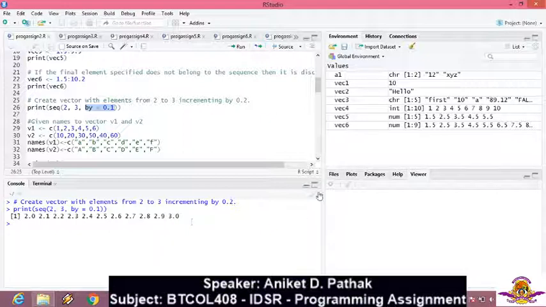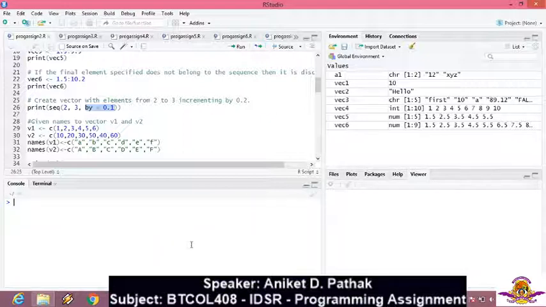Now if you observe, I have not considered any vector, so that's why in the environment nothing is stored, it is a temporary value. So now let's clear this console and type another vector A2. Let's have a statement that will store in C, then let's have 2, 4, by equal to 0.5.